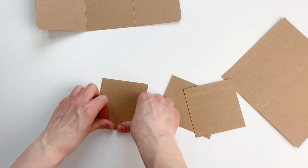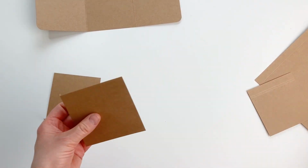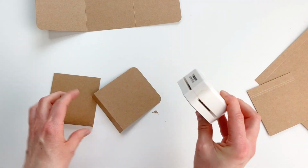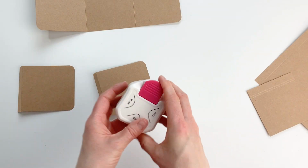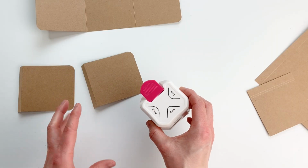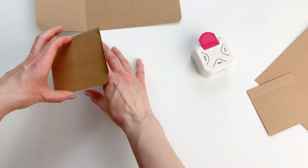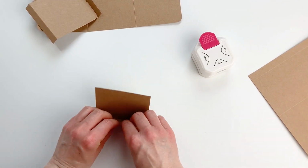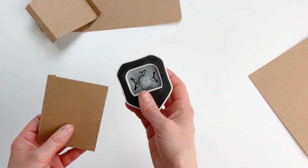These, we're just going to fold these 2 inner flaps like this, and also I'm going to round the corners. I'm using the biggest corner here, but you can do what you want, a smaller one or no cut corners. Okay, so ready. This one also going to fold both folds, this, and I'm also going to again round these corners,